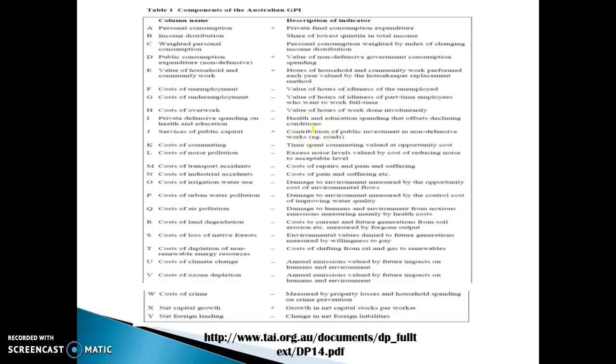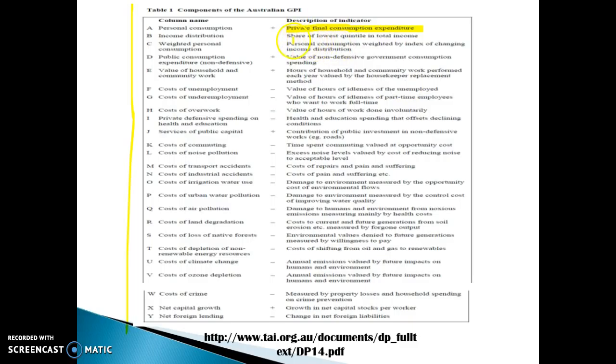My suggestion to you is, if you're able to define what the GPI measures and explain how it works, and when you're explaining how it works, have in your mind 3 things that get added and 3 things that get subtracted, that will be more than enough for you to get full marks. So 3 things that get added, 3 things that get subtracted. You don't need to memorise this whole big table. You would start your paragraph by saying it tries to give you a better indication of overall welfare or well-being for society. It does this by starting with a figure like private final consumption expenditure, and then it adds and subtracts figures to determine whether it's worthwhile growth.